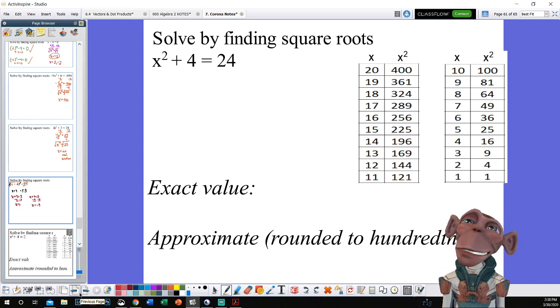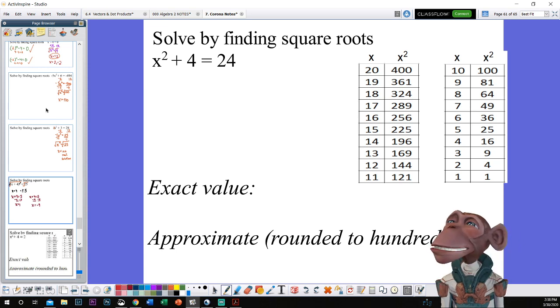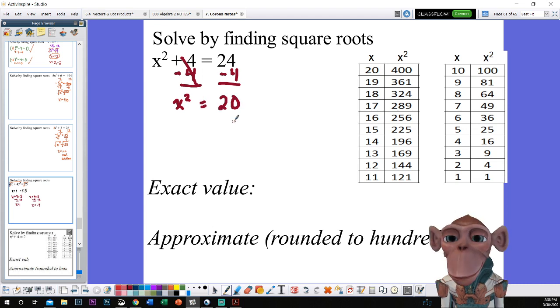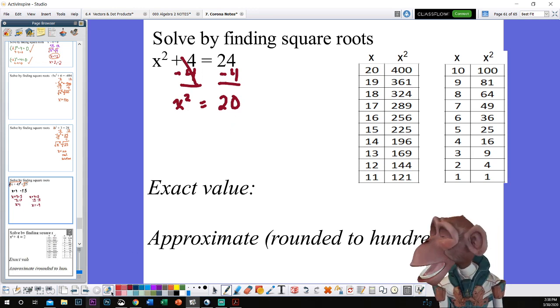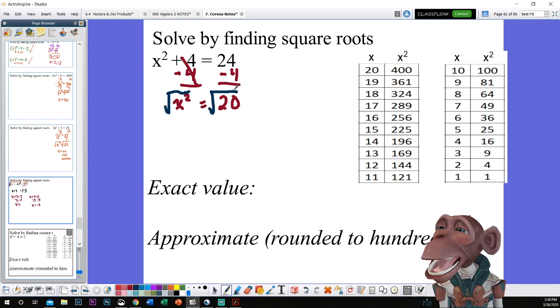Now we're going to solve by finding square roots just like before, except this time it will not have a perfect square. Let me show you what we mean. So just like before, I would subtract 4 from both sides. I get x squared equals, now 24 minus 4, that's going to give me 20. Now I'm hoping you really understood that previous section that we just went over with the square roots, because that's going to come in handy right now. You would know that we're square rooting both sides. So that's going to give me x equals, hopefully you're shouting plus or minus,